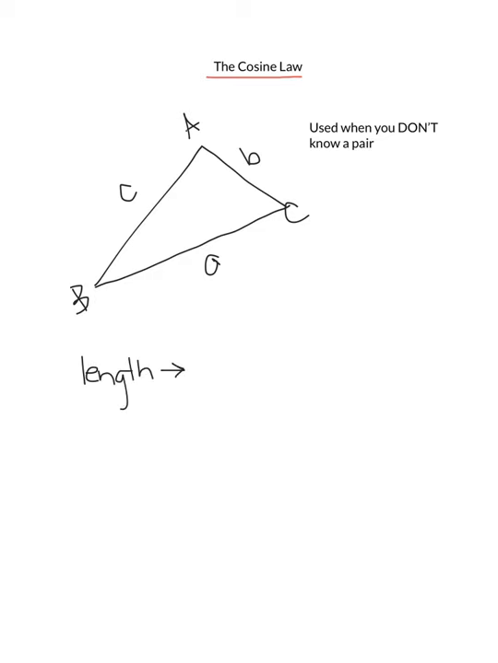So this formula is c squared is equal to a squared plus b squared minus 2ab cos of C. So the important thing to remember is that whatever length you're trying to find, this is the angle that you need to be putting in. And whatever two lengths you know are the two lengths you're going to be using here after the 2